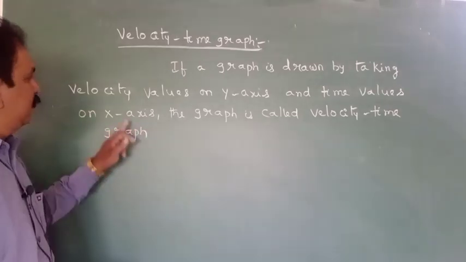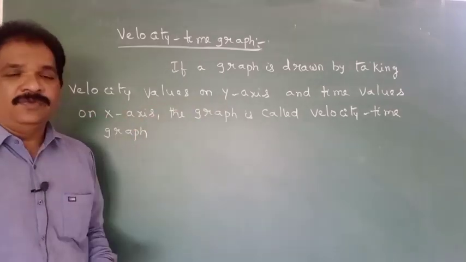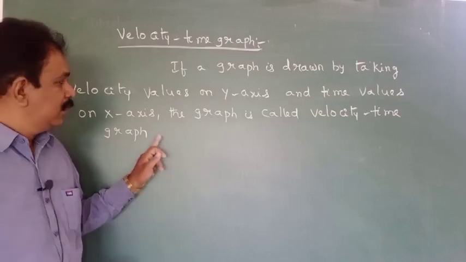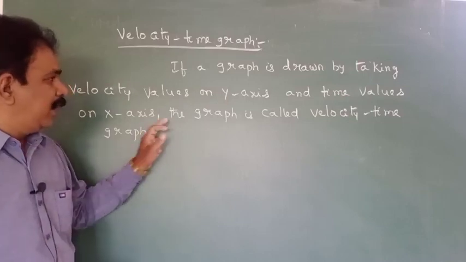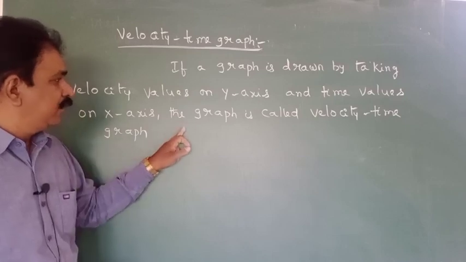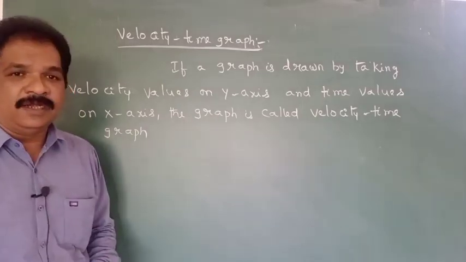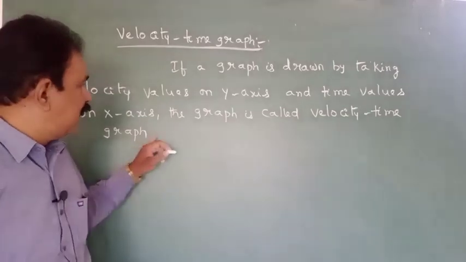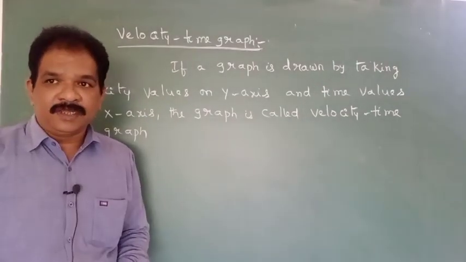By taking velocity values on the y-axis and time values on the x-axis, if we draw a graph, that graph will be called the velocity time graph. Next